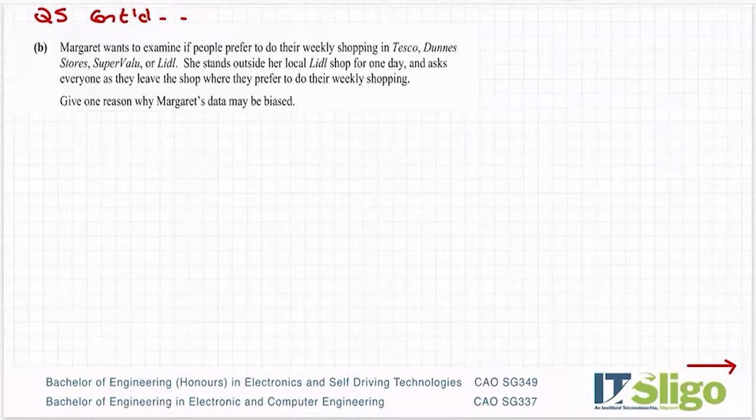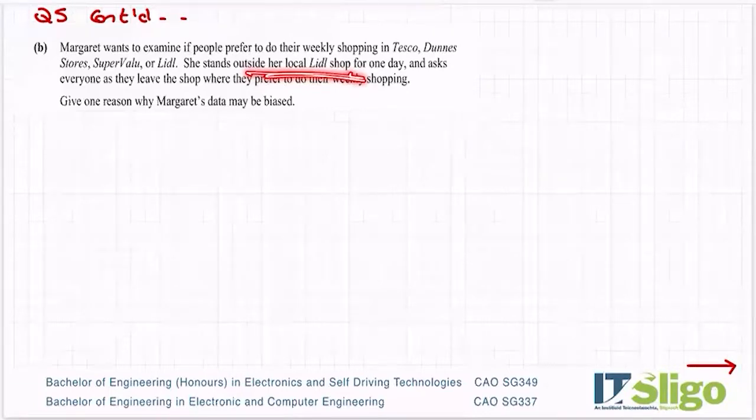Well, the one big one that jumps out at me is where Margaret is when she asks the people. She's outside her local Lidl shop, which means that the people she's going to ask, more than likely, are the ones coming out of Lidl after doing their shopping. So typically when people do their shopping in Lidl, they prefer to do their shopping there because they're free to do it anywhere they want. So the majority of people, I would assume, that answer her question are going to give Lidl as an answer. So therefore, we could say something like Margaret's data is biased